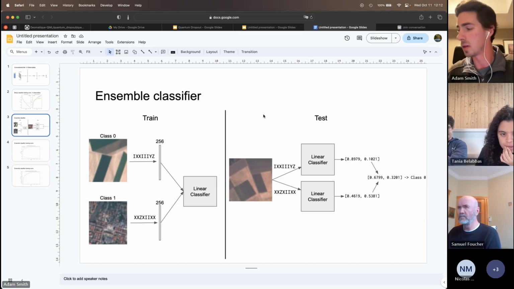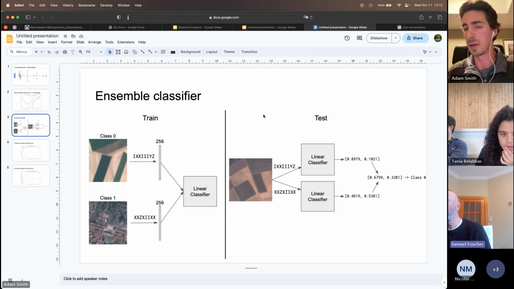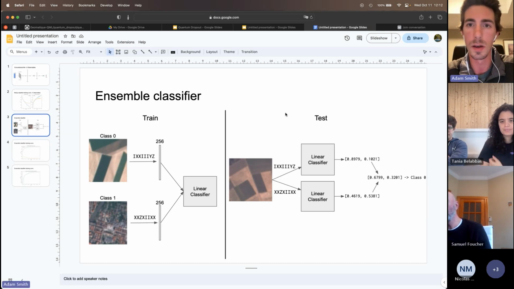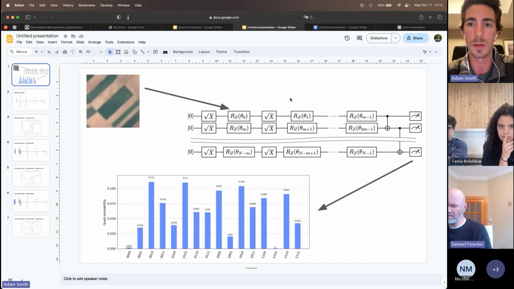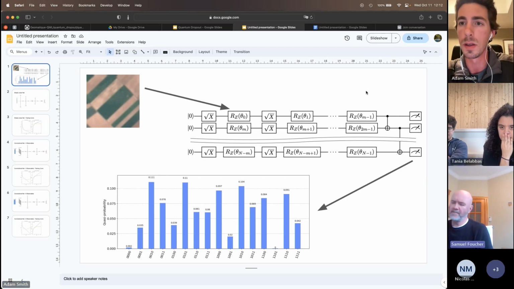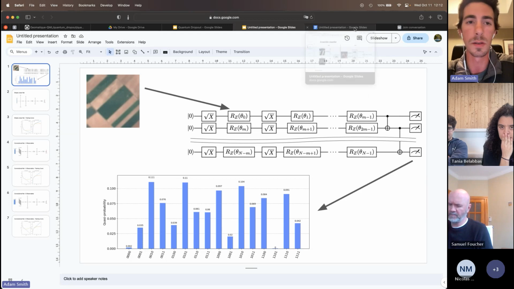Okay. Remind me, how do you compute the 256? So I had this quantum circuit. It's in this quantum circuit, and it's just from measuring the 8 qubits. Oh yes. So yeah, 2 to the 8 is 256.